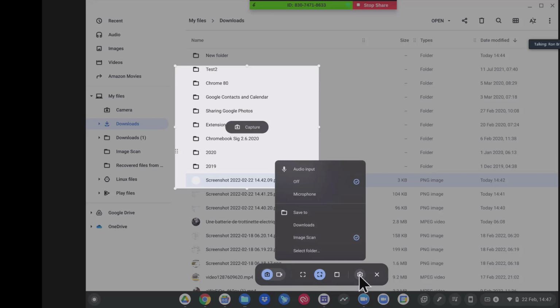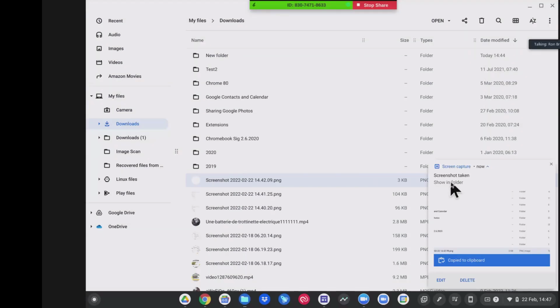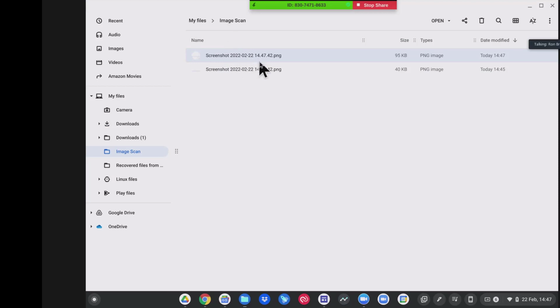here before we actually do this, and we're going to see where it says Save To. I'm going to click this, Save To, and I'm going to come down to Select a Folder. And now instead of going to our Downloads folder, we can now choose Image Scan. Now it copies it to clipboard, but we're going to come up here and say Show in Folder. And here it is in the folder, My Files, Image Scan,